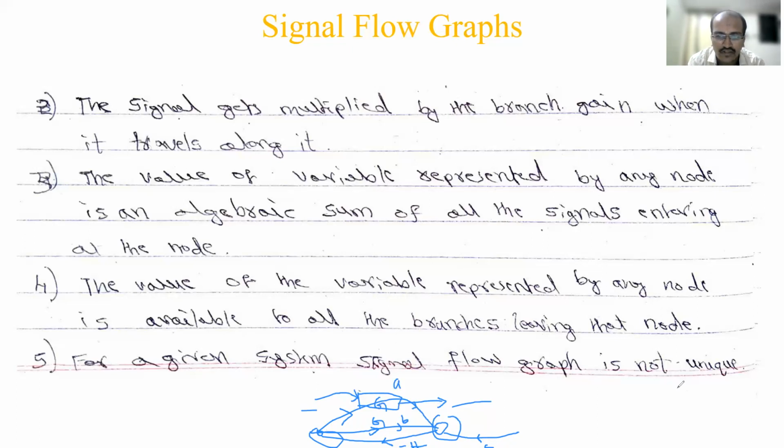So what is meant by not unique? This is not the only signal flow graph for a particular system. We could not say this signal flow graph belongs to this system only. It may be a pneumatic system, it can be an electrical system, as we have told in the block diagram also. When we write a block diagram, it does not tell which system it is. Only if you have derived it from an electrical or mechanical system do we come to know. So that's the idea. It is not unique.